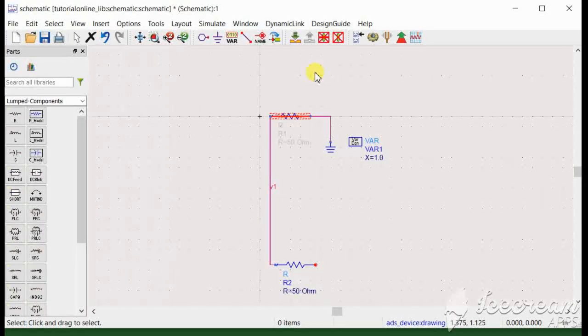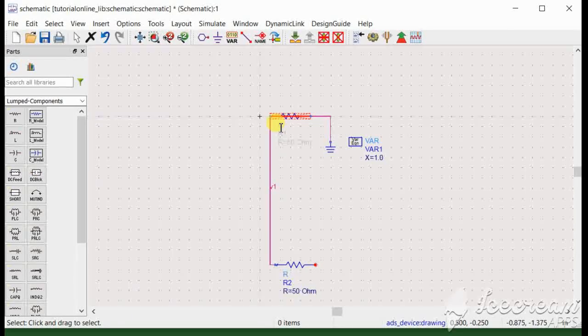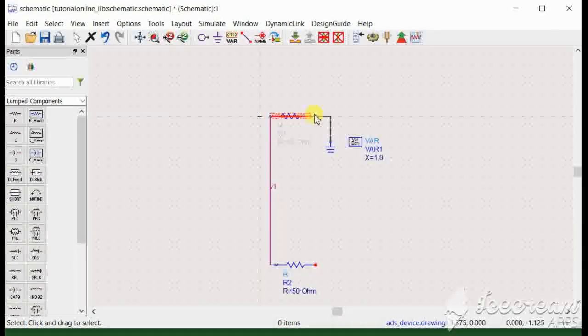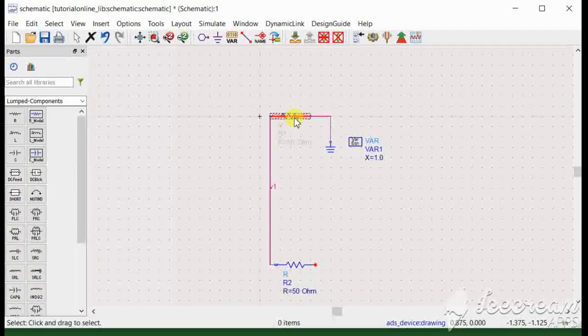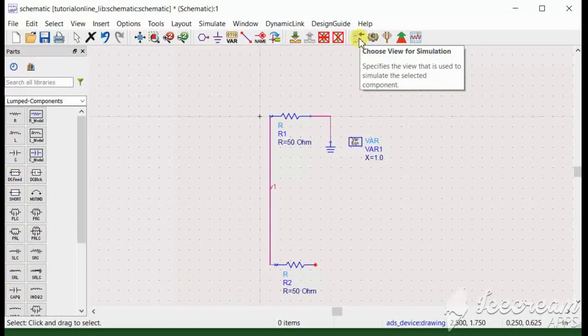So if it was activated, and I deactivate now, this time this resistor is deactivated, but also serving as a short here. So again activating it. Then there is this choose view for simulation.